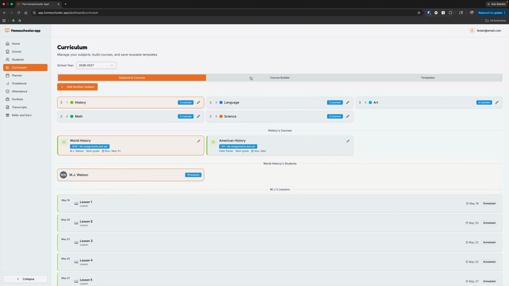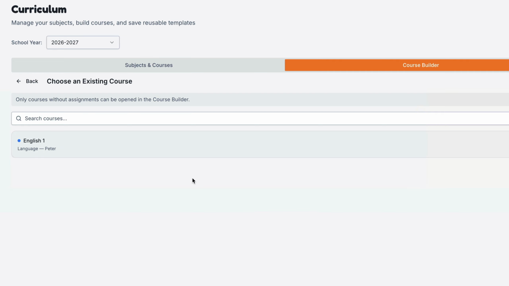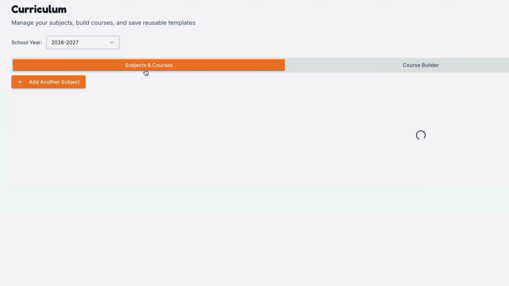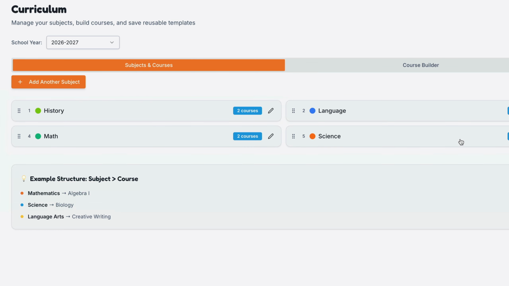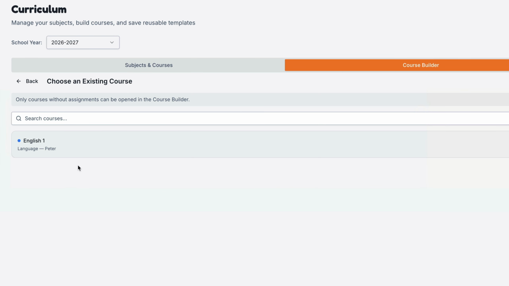And if you want to add a course, you have to go to the new course builder. And as you can see, there are 2 options here to choose an existing course. Now, these existing courses are courses that don't have any assignments because the course builder helps you to schedule the bulk assignments for the entire year or create a bunch of assignments to schedule later, which we're going to get into. So if I go to select a course, it's only going to show one course, even though there are actually a lot of courses, as you can see in here. So if you select a new course, this is only going to be courses without assignments because that's what the